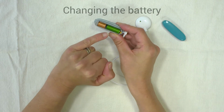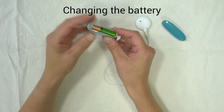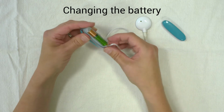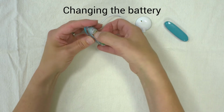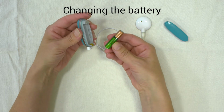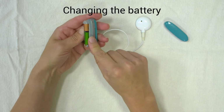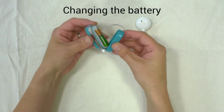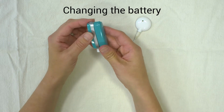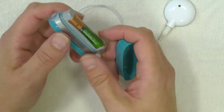And it takes a AAA battery. You'll get some rechargeable batteries and a charger again when you get issued your processor, and you can get new batteries from the service. The battery will come out if you've got nails, like so. Obviously make sure you're getting it round the right way, and then lever it back on. You have to make sure that you've got a tight fit around there, otherwise it won't be